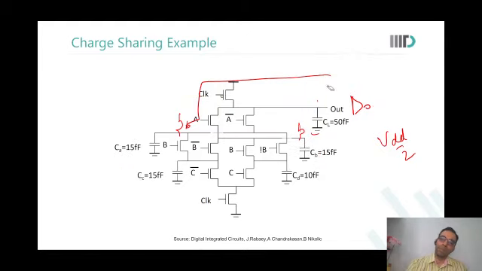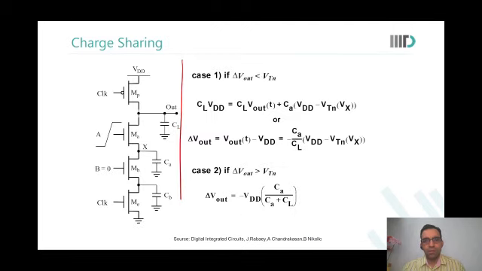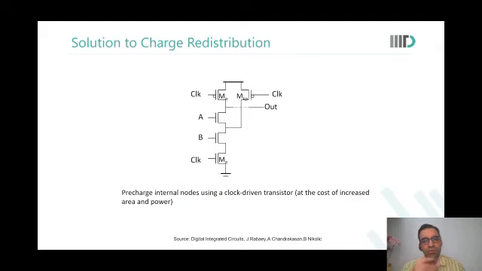Understood. But with the keepers, it is not only about the area. I'm seeing that the clock is also affected. We have to provide more clock power, and the parasitics are also increasing at the point where we are providing the keepers. Why is there more clock power? Clock has to drive more devices, right? Because the PMOS that we use for the keeper will also be driven by the clock. Need not be. That can be driven by this output also, no?